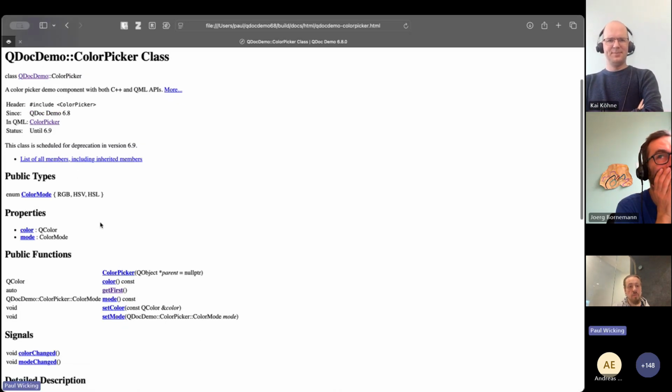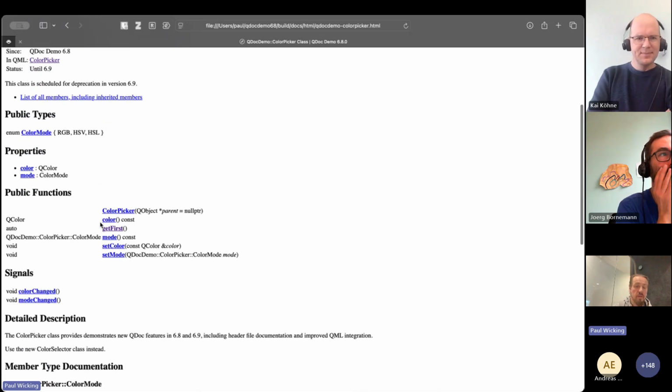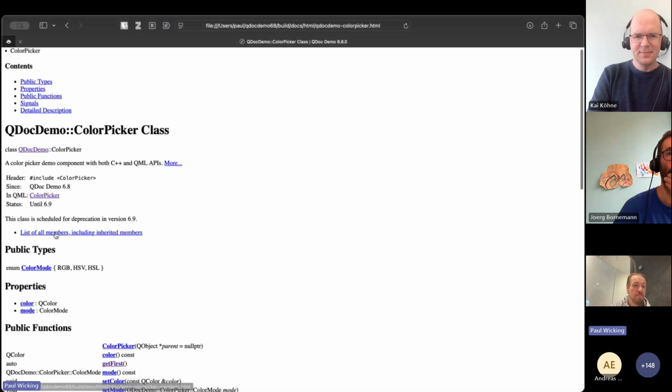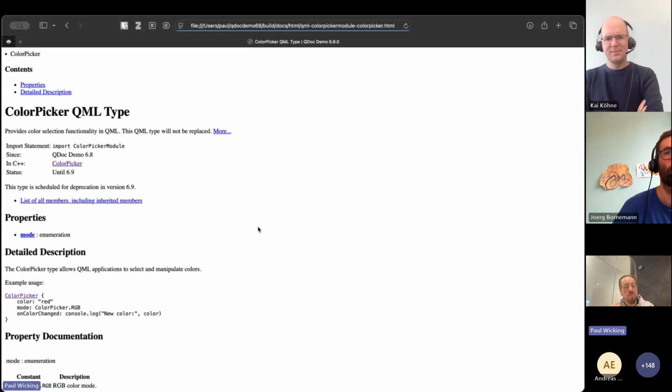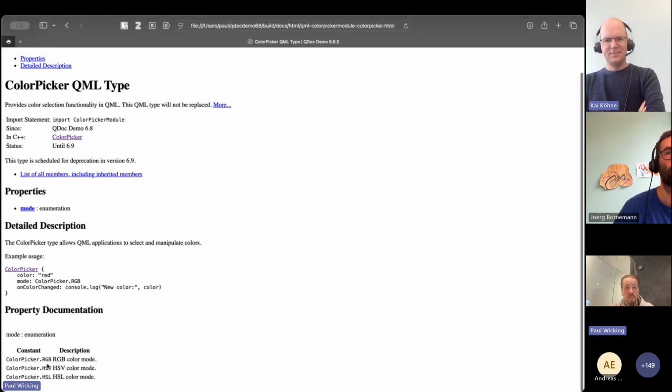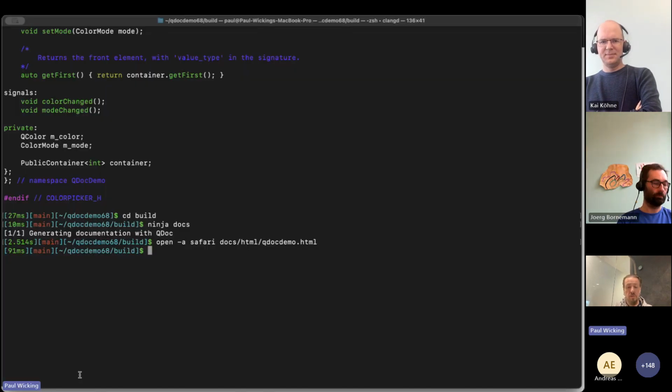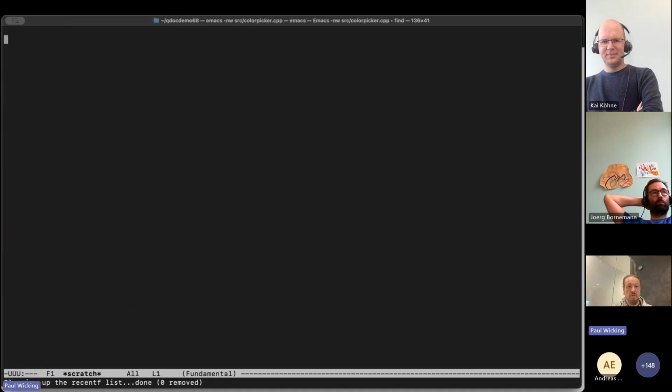And then we have the enum, not surprising, we're still on the C++ side. And here, because I got the demo backwards, it actually says auto and not the underlying type. I'll show you why in a bit. And then the QML type, which is what's interesting, I guess. Here we have the enumeration values. And to prove that this is not actually something that I wrote by hand or copy pasted, let's take a look at the